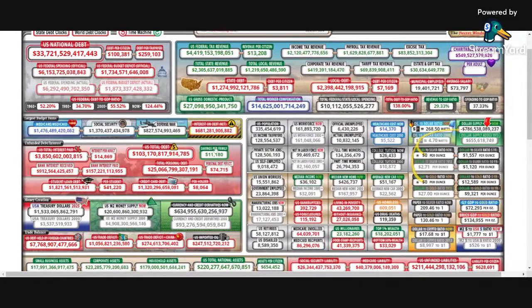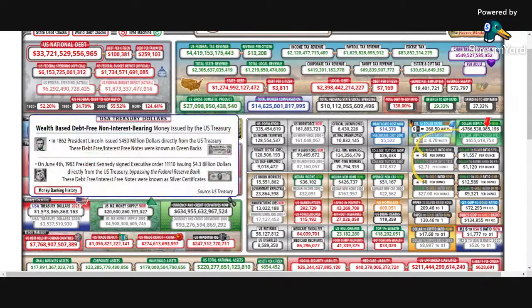This is what the Japanese are good at. They save money. So now the money creation, this is the printing of money, as you know, the reason for inflation. And Treasury US dollars, 1.5 trillion. US M2 money supply. This is the Fed printing money,